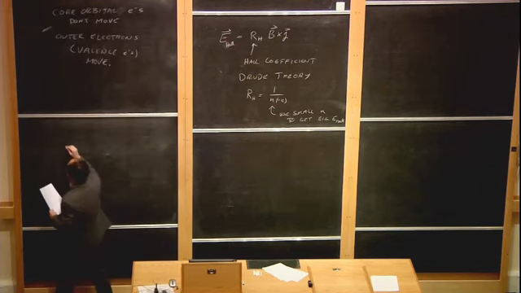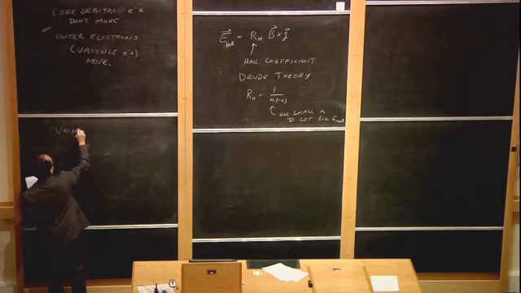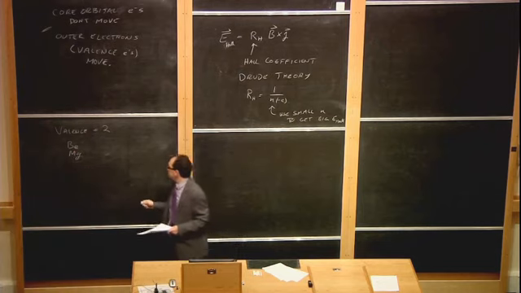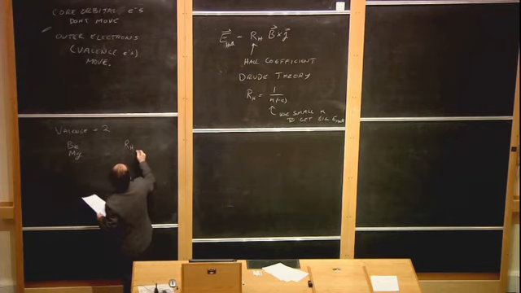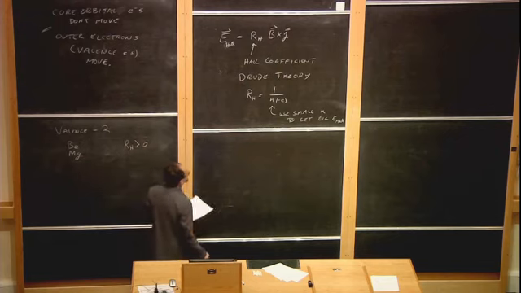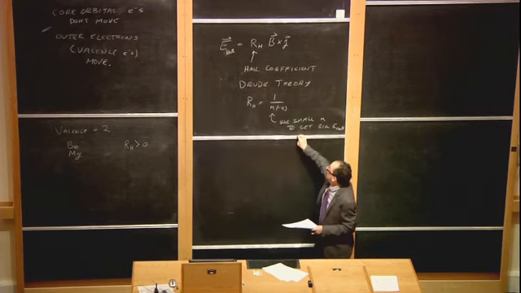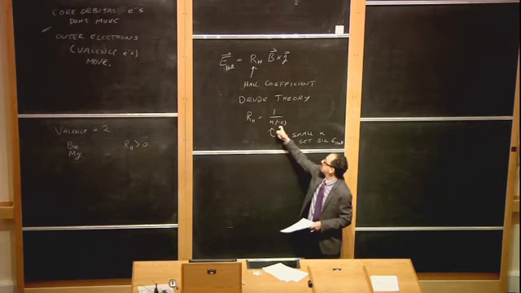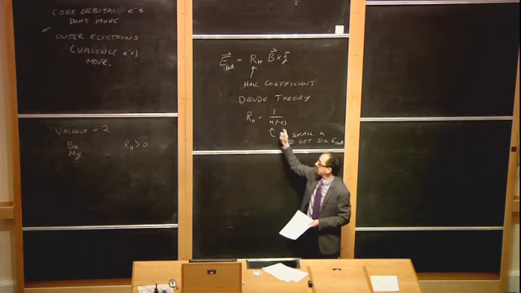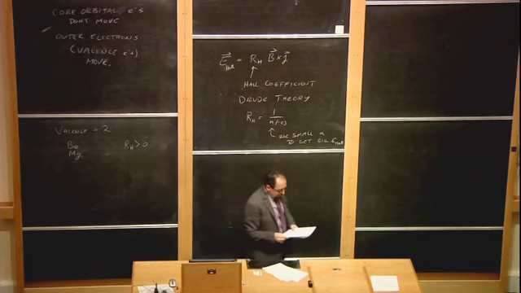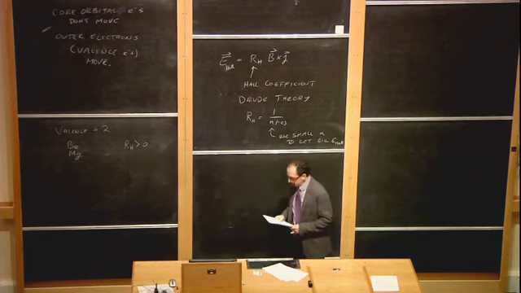So let's try some with valence 2. Valence equals 2. We have materials like beryllium. We have magnesium. Both of them have valence 2. And all of a sudden, we have a big problem. The big problem is that RH, the Hall coefficient, is now greater than 0. And this is completely puzzling from this picture of Drude, because Drude says that it should be just the density times the charge of the electron, which is negative. And so there's no way in Drude theory we're going to get a Hall coefficient which is positive. And this must have puzzled Paul Drude terribly.